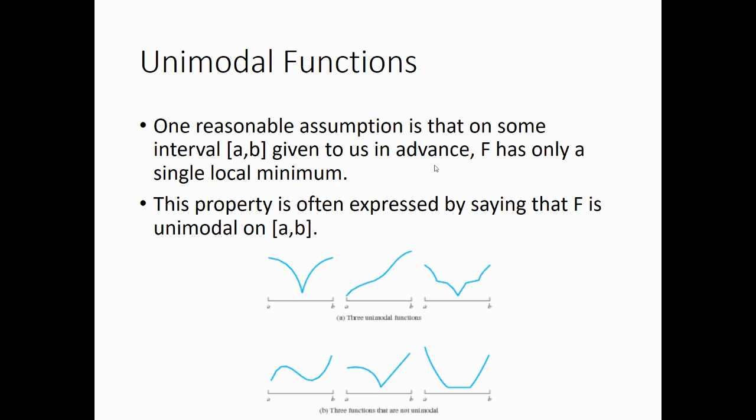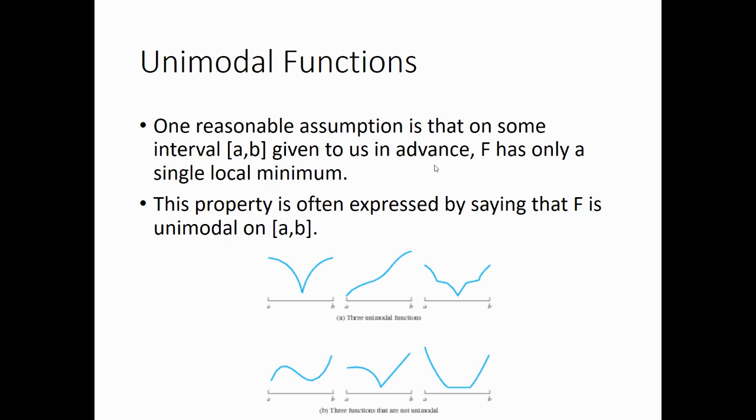This property is often expressed by saying that f is unimodal on [a, b], the interval from a to b containing both a and b. And that's different than the statistical definition for the term unimodal, but here, for our purposes, this is what unimodal means. An important property of these continuous unimodal functions, which might be surmised from these figures, the top ones are unimodal functions,